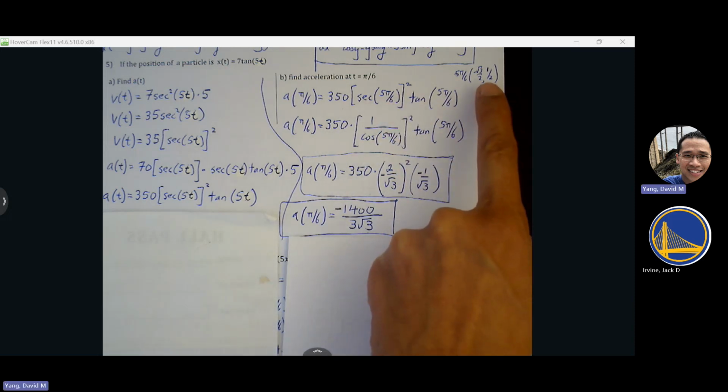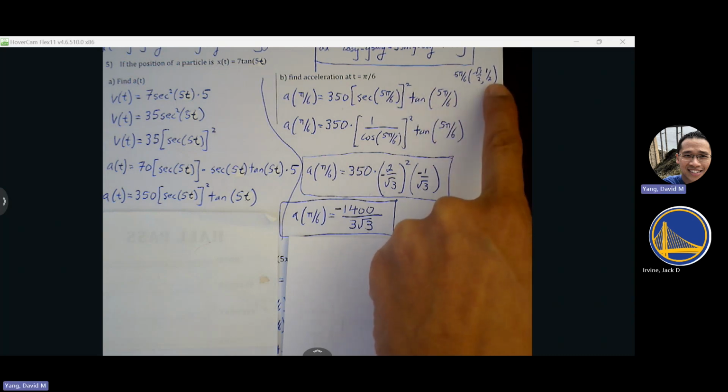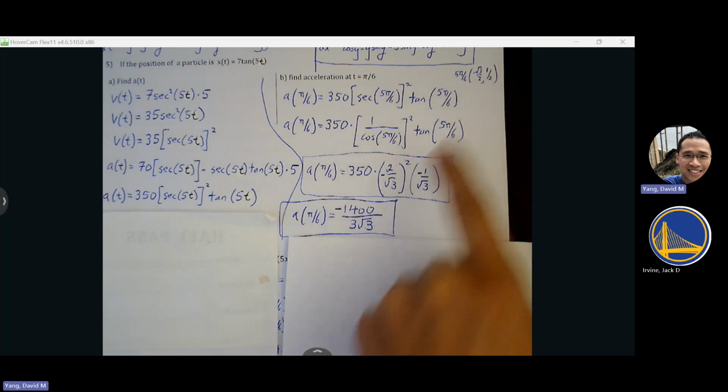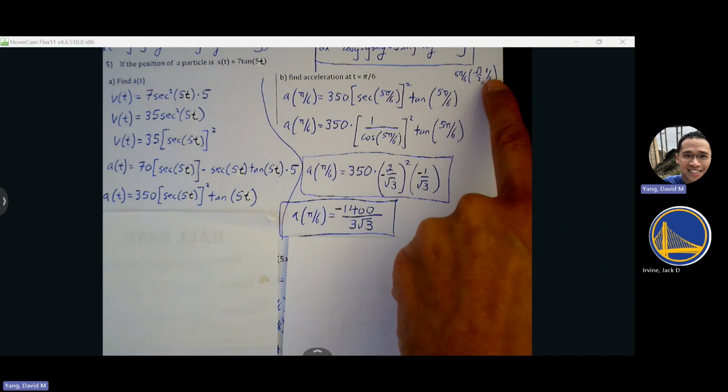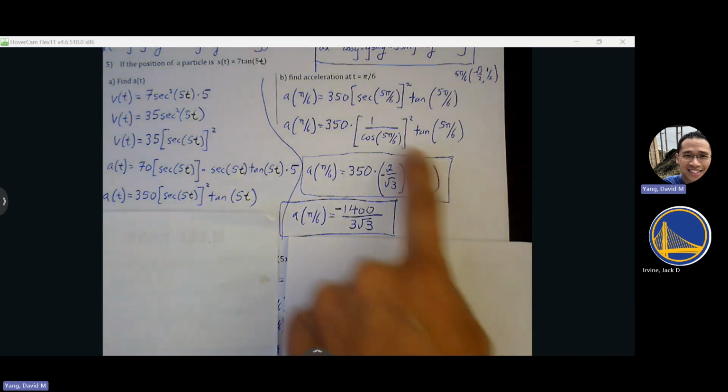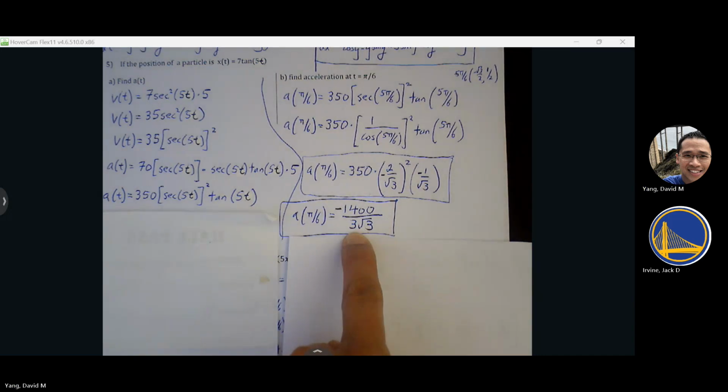We think about what's happening at 5 pi over 6. It's in that pi over 6 family, so root 3 over 2, comma 1/2. But second quadrant means negative x and positive y. Secant is the reciprocal of cosine. So it'll take that root 3 over 2 and flip it, so 2 over root 3 squared. And tangent is y over x, so negative 1 over root 3. You can leave your answer like this, but if you multiply it out, it'll give you